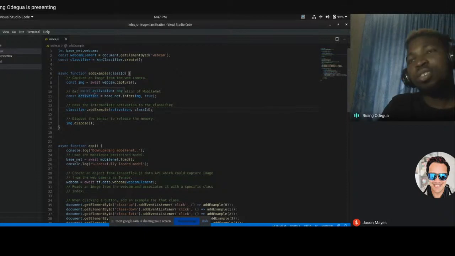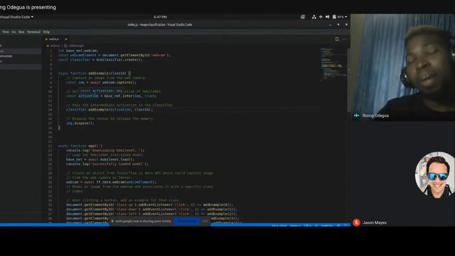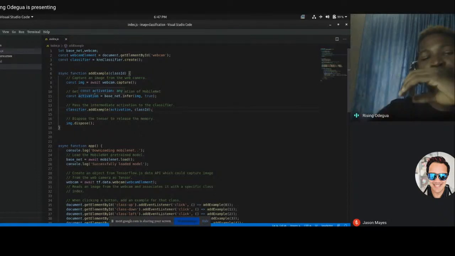So we infer to get the activations. Normally, if you wanted to add a head to it, for example a dense head, and you're working in Python, you can flatten the output from the base model, pass that to your output, and then train it. But here we are just using a classifier to associate each of those classes.